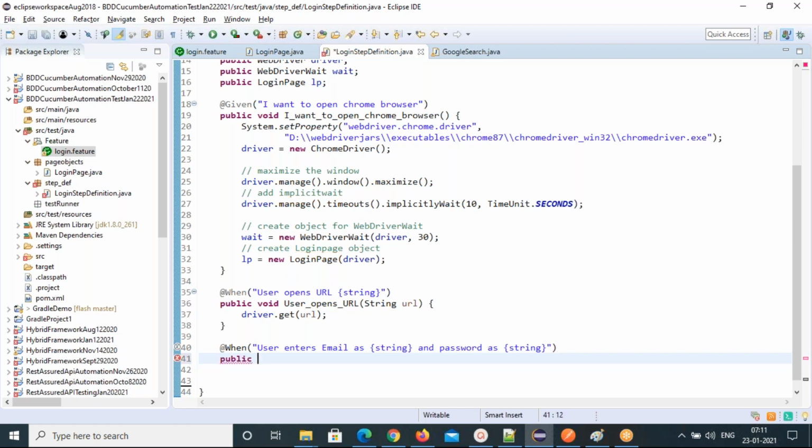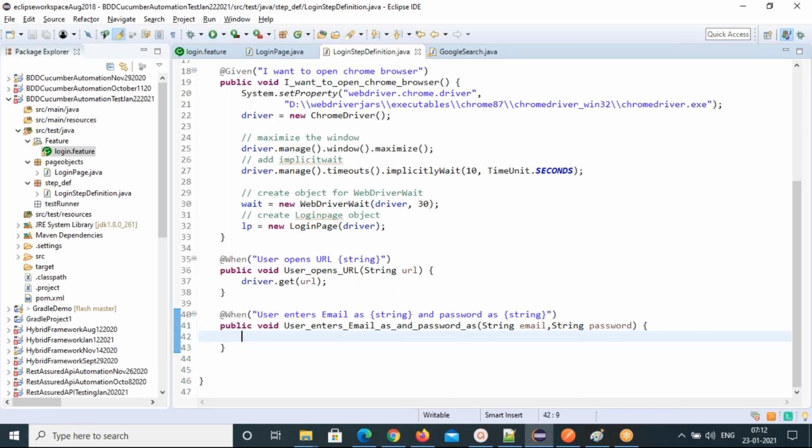Write the method public void user_enters_email_as and password_as, and string. So you give the parameters, string email, string password. This is how we need to define each step, and automatically it will take.